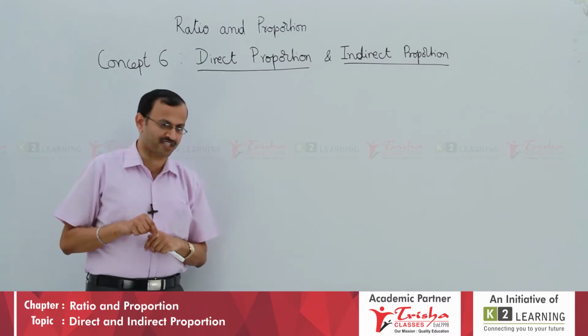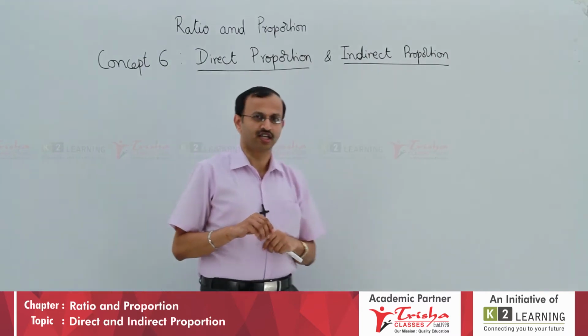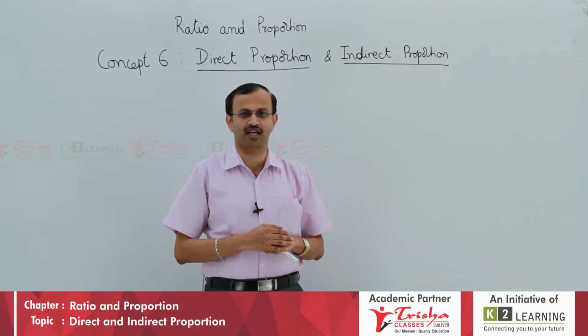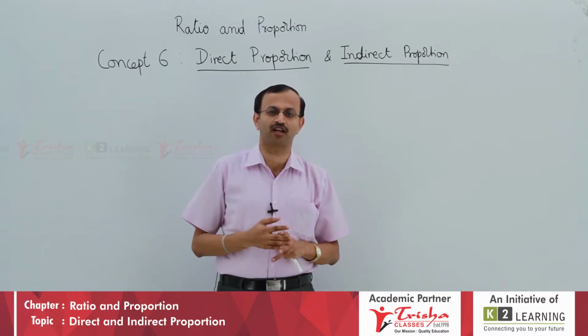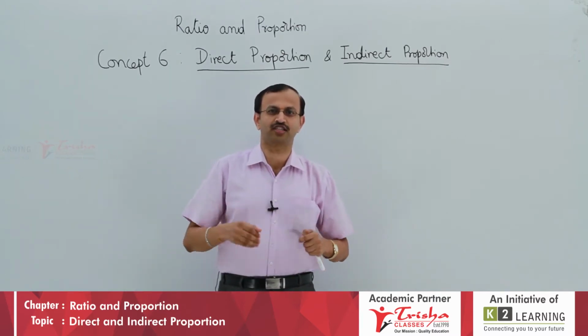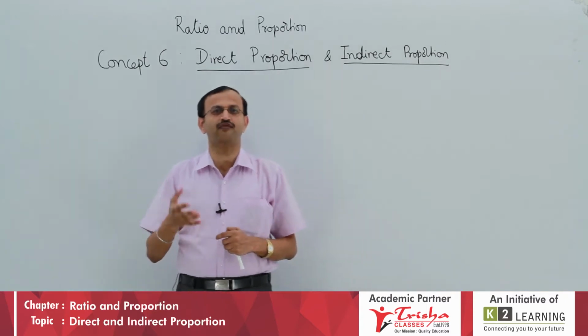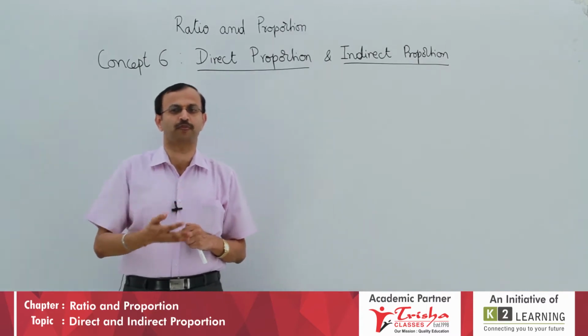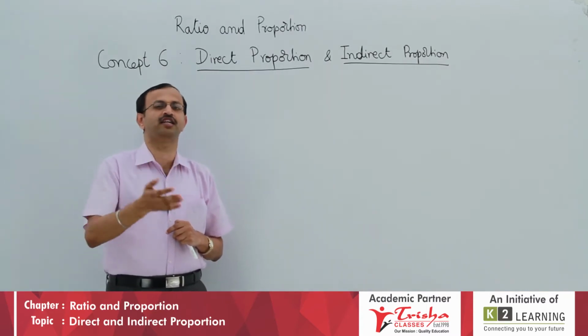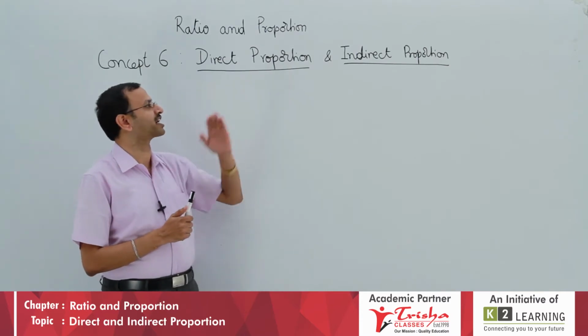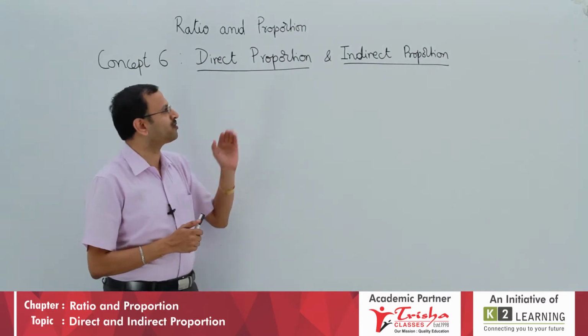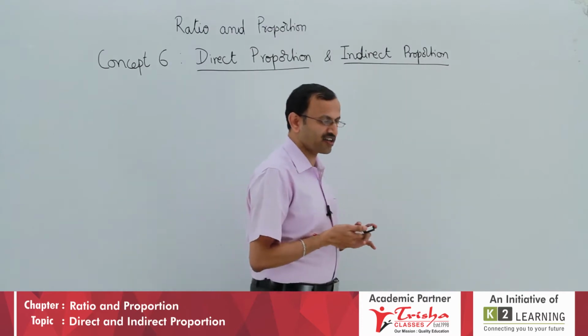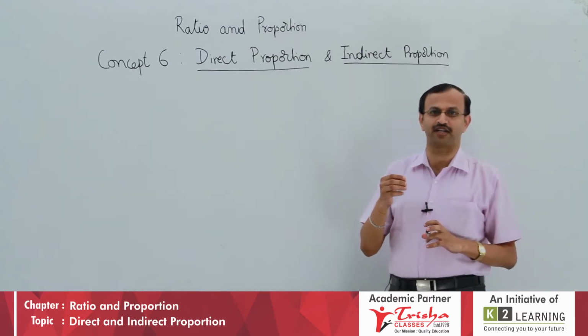I will take one more example about direct proportion. If you prepare 4 hours per day, you may end up with overall 400 marks. You decide to prepare 4.5 hours per day. Your daily preparation is more, so your marks theoretically should be more. You can call it direct proportion. What about indirect proportion? I will take a nice example so that you remember it.